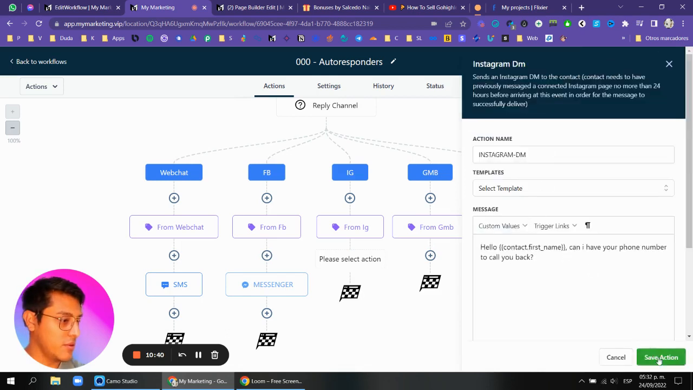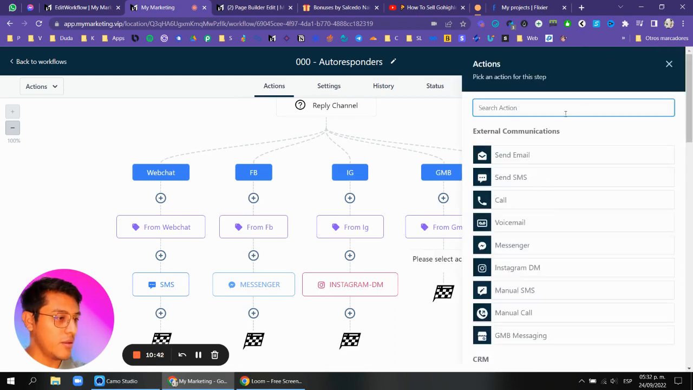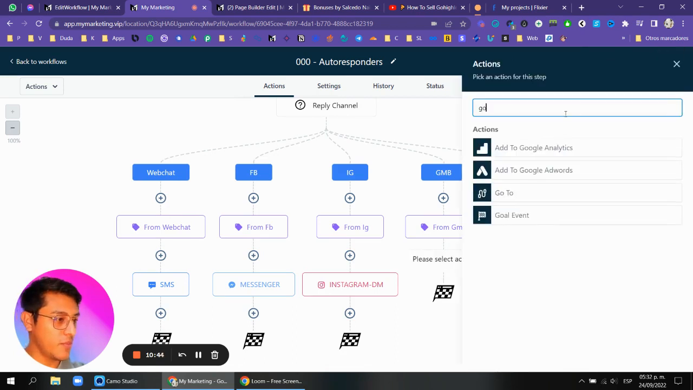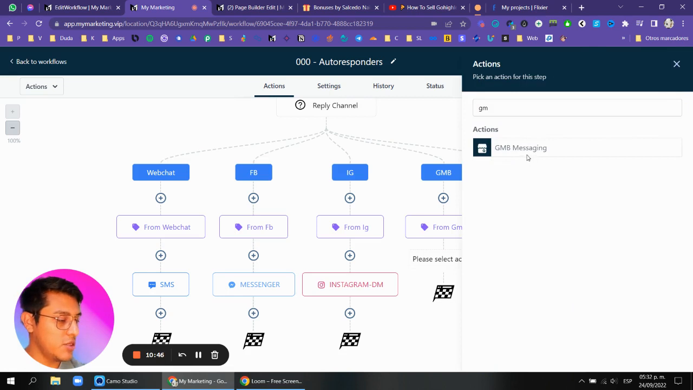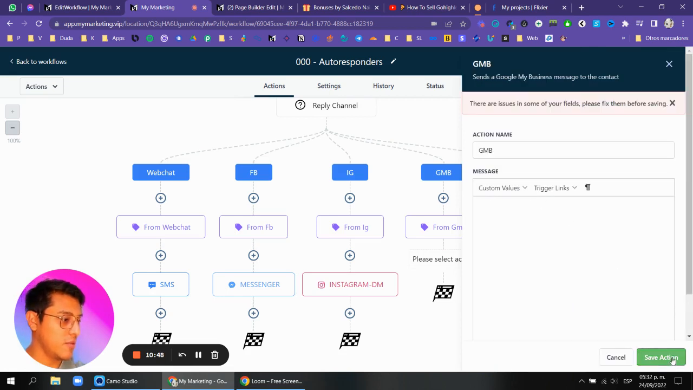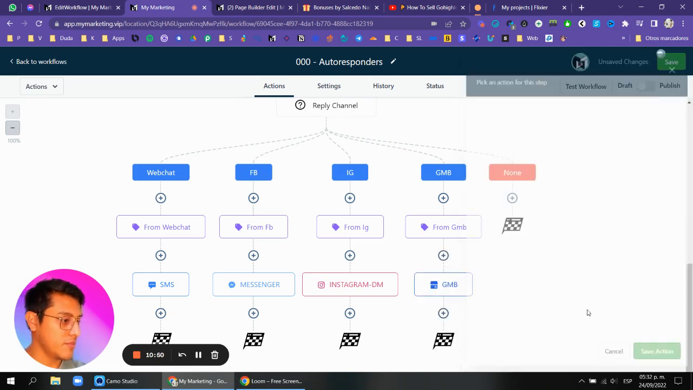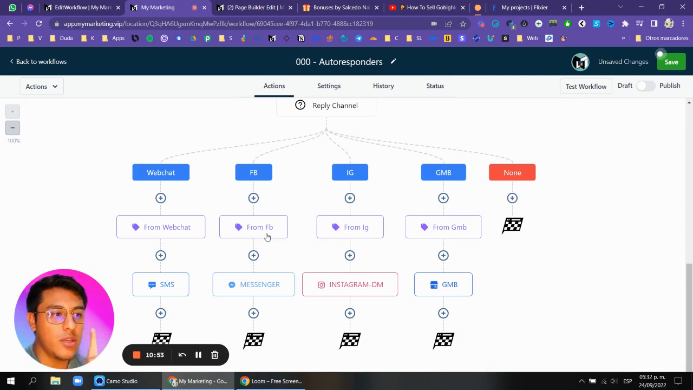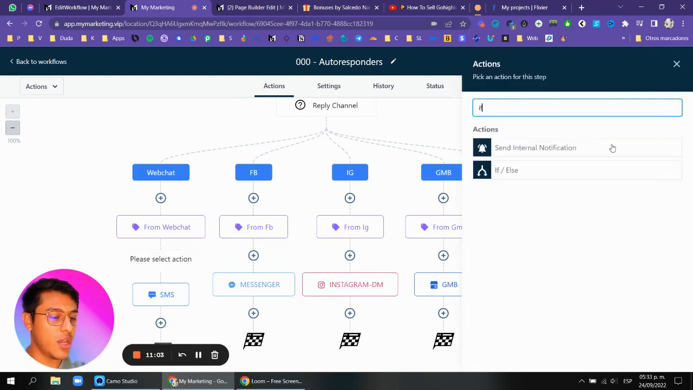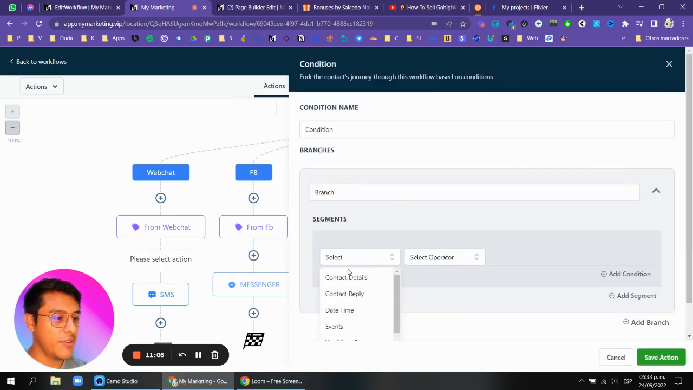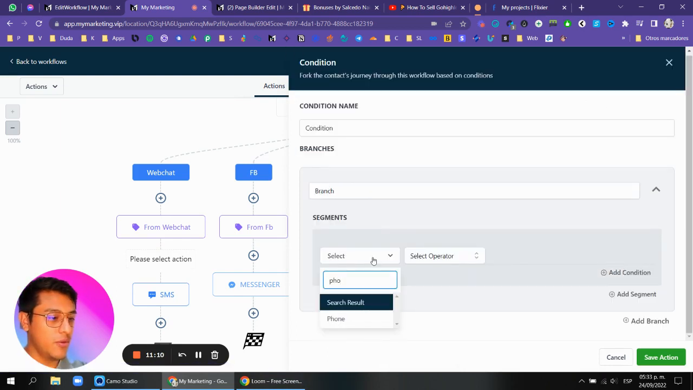Okay, do the same. And GMB, Google GMB messaging, right? And we are going to do the same. But another thing that we need to do, if this is a new lead, and maybe we don't have their phone number or we don't have their email, so we also need to check the contact details of this user, for example, the phone,